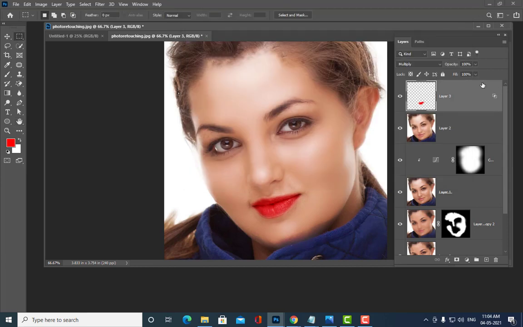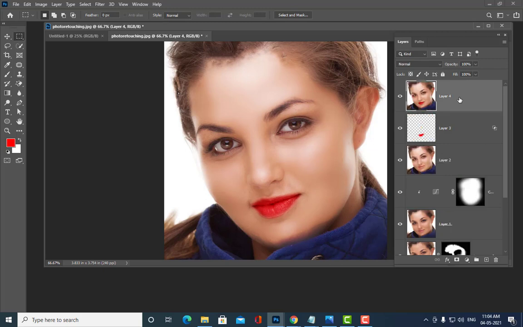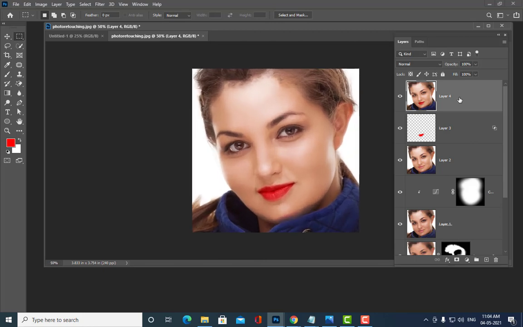See, now for one last time, we have to take a common layer, Control Alt Shift E, like this. So without the underlying layer, can't we do it with opacity? If you do it with opacity, see what opacity is. It will only reduce the visibility of that image. Opacity will make it 100% visible or 50% visible.